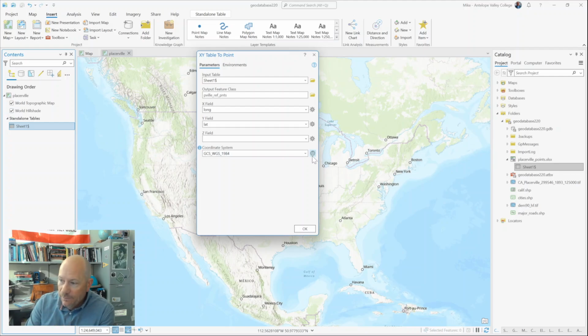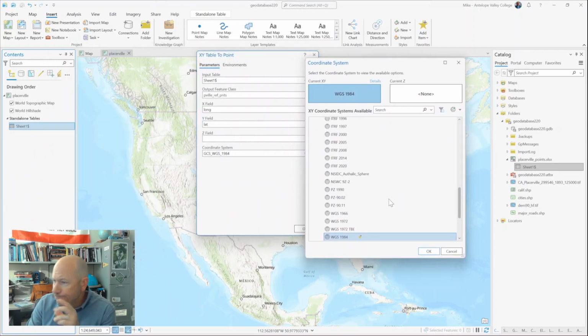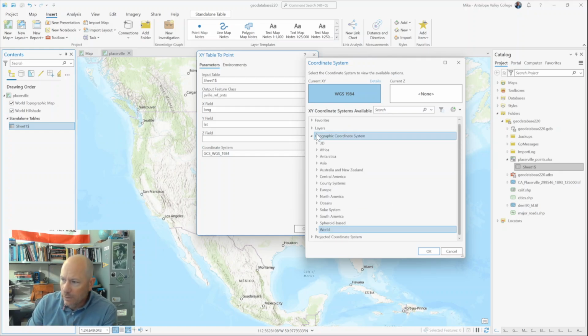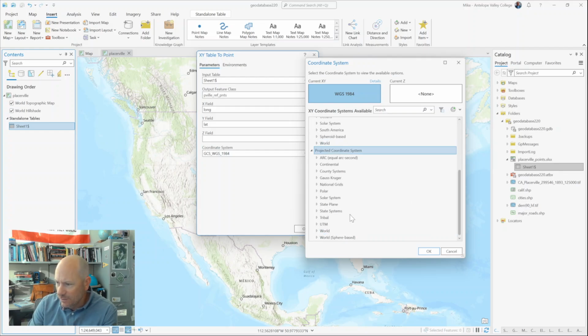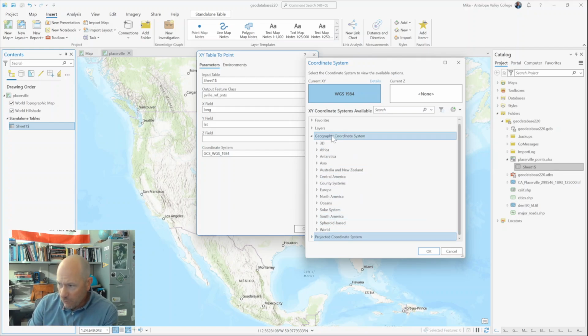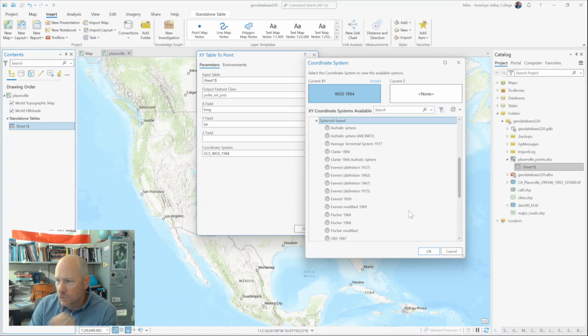We're going to select this globe. And sorry, everything's going on my other screen. And in here, we're going to select the proper coordinate system. I'm going to go ahead and close that world layer. Okay. We're going to use, I don't think we have in projected, do we? Yeah, we don't even have the option. So we got to use the geographic coordinate system. And we want to go into spheroid based, which is basically saying old school. Okay. And we're going to use Clark